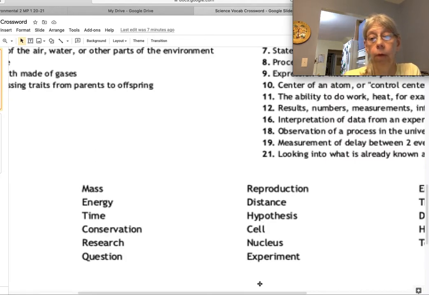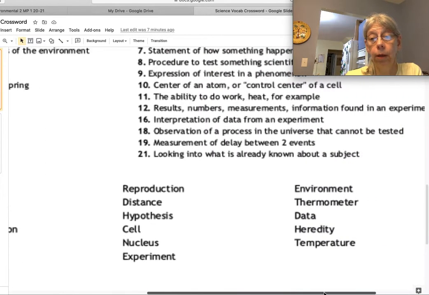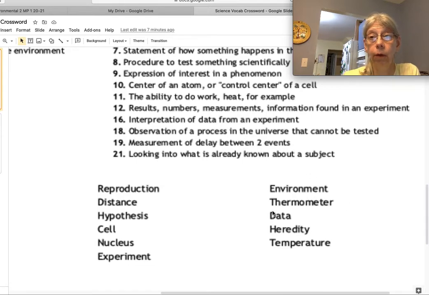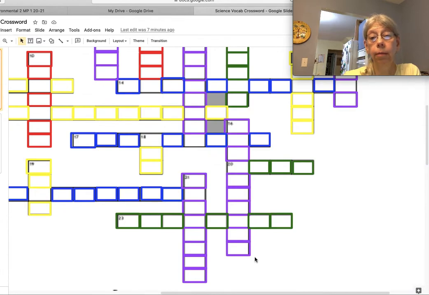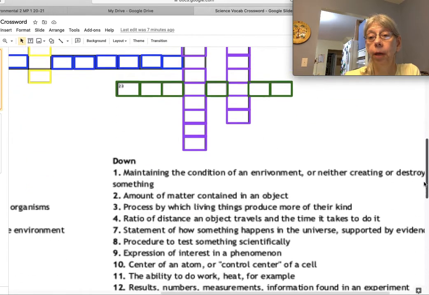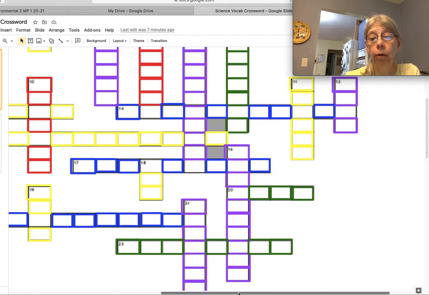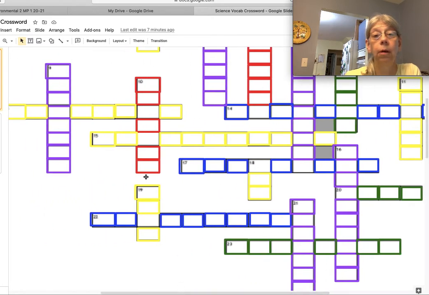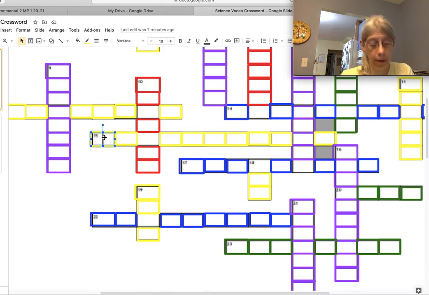Okay, we know it's a long one, so this is probably not it. All right, keep that in mind as you're working the puzzle. What size word do you need? Aha, here it is, thermometer. Now we'll come back up. And remember, you can scroll up and down with these bars, or across with these. There's 15 across. So put the cursor right in the middle of the box, click, and type T